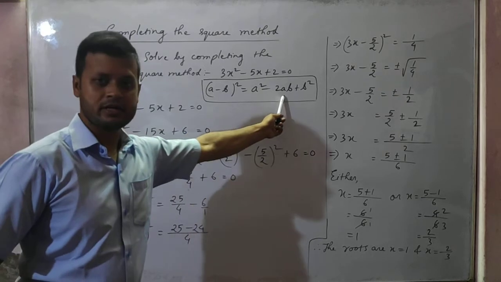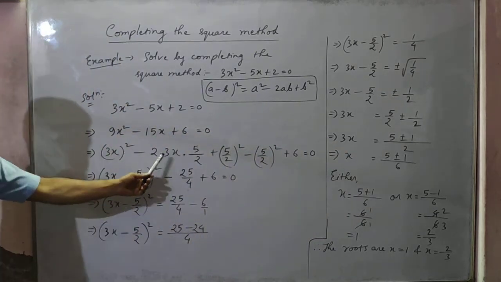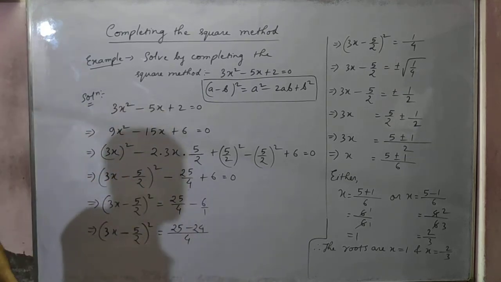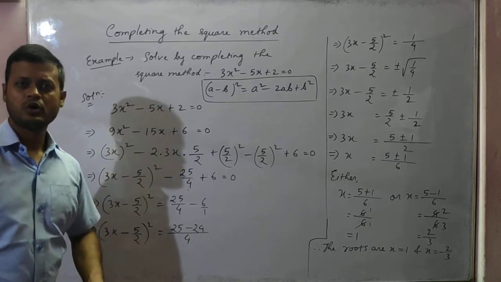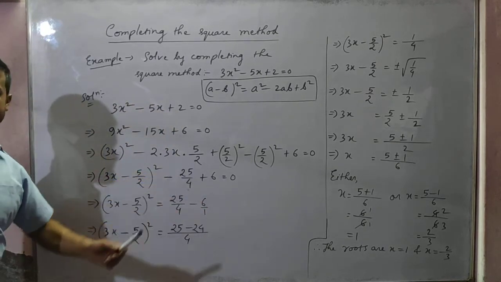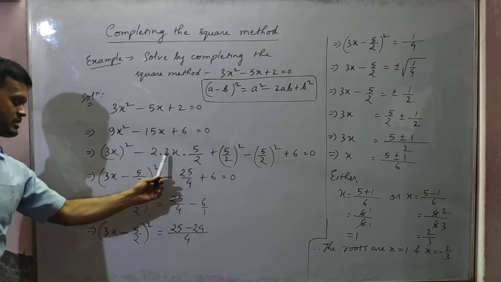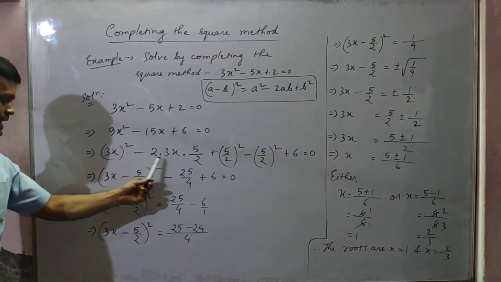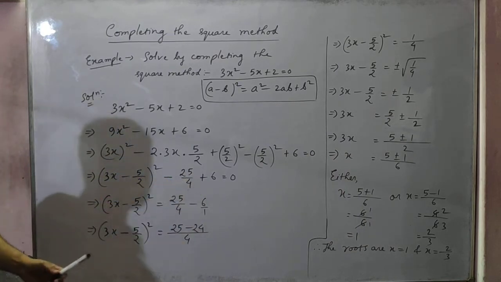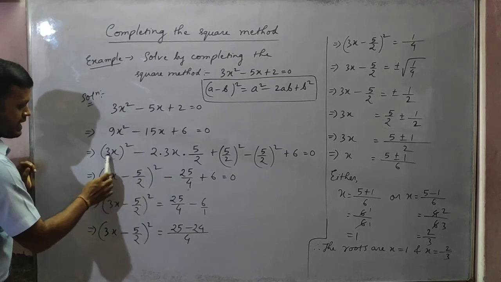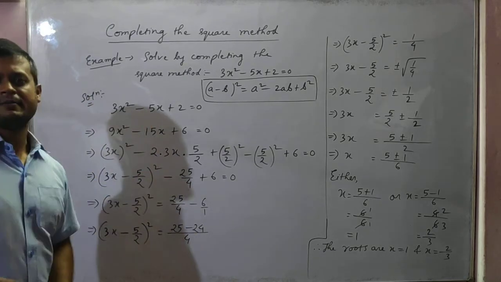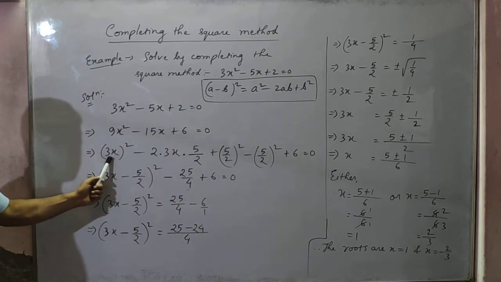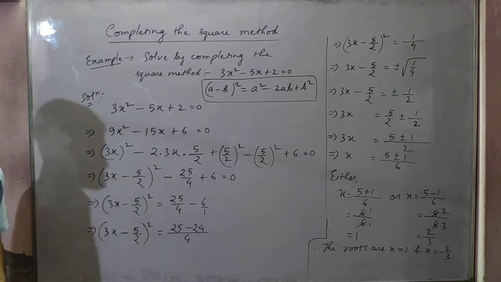So I will form now 2ab, 2 into a into b. So 2 into a. What is a, students? 3x. And what is b? 5 by 2. Why 5 by 2? Because this 2 and this 2 will cancel. 3x into 5 will become 15x. Is it okay? This 2 and this 2 I can cancel easily, isn't it? So that means 2 into a. A means 3x. This is a square minus 2ab, so 3x whole square, that means 3x is a. So 2 into 3x, I will directly write that.